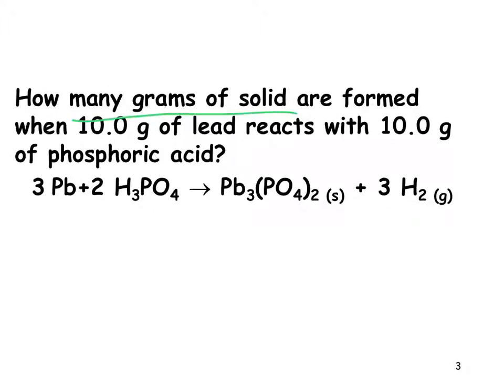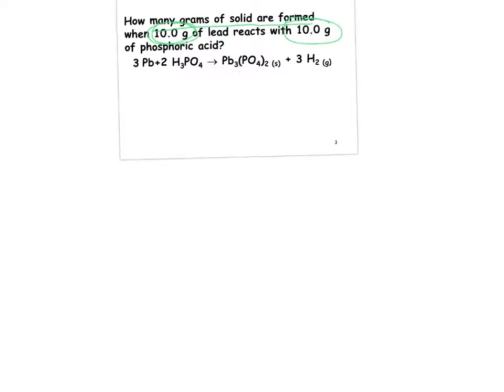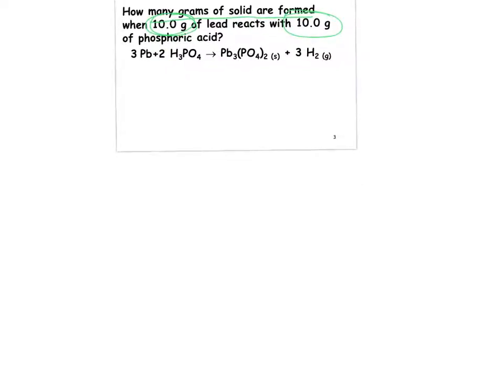How many grams of solid are formed when 10 grams of lead reacts with 10 grams of phosphoric acid? So once again, let's work underneath. I'm going to say number of moles is equal to mass over molar mass, and for lead it's 10 grams divided by 207, which is equal to